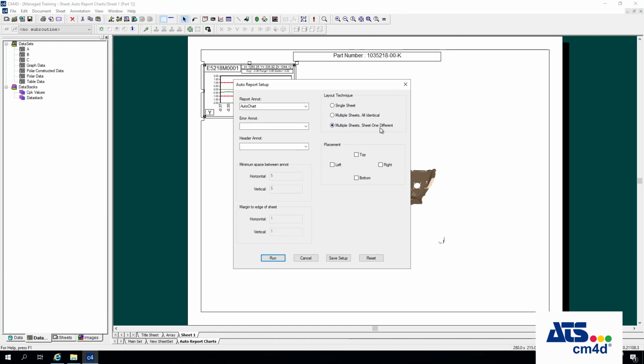Multiple sheets, one sheet different is if you have a summary sheet or one sheet that has information that you don't want on all the other sheets. Typically this is used the majority of time. Multiple sheets all identical. If this is the case,